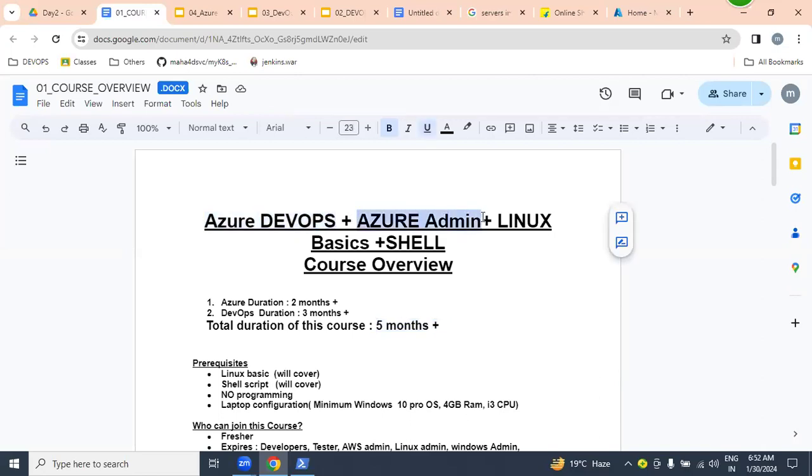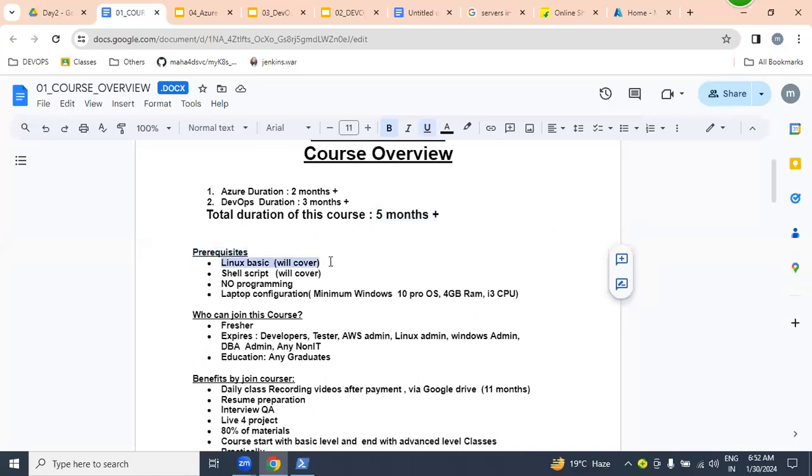Azure administration will be covered, along with Linux basics and shell script. If you want to join this course, what are the prerequisites? Linux basics and shell script are required, but I will cover them, don't worry. No programming like Java, .NET, or Python is required. You require a laptop with this configuration for daily practice.